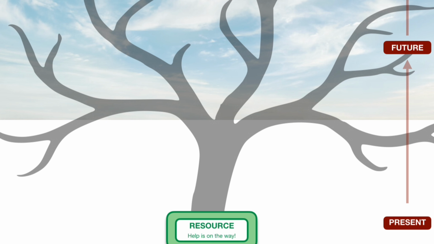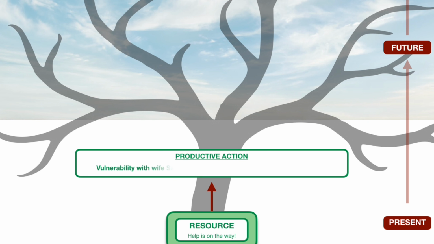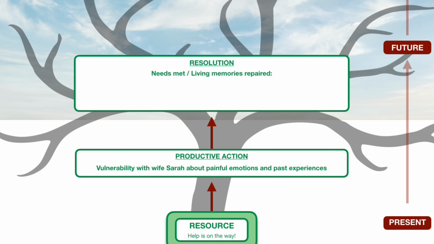Julian allows that deep feeling of shame to remain, and it motivates him to open up with his wife about the feeling. He even tells her about some of his painful childhood experiences. Now, to Julian's surprise, Sarah doesn't back away as he thought she would, and she doesn't show disappointment or disgust. Instead, Sarah is touched by his vulnerability and comes closer. She gives Julian a loving embrace and reassures him how important he is to her.